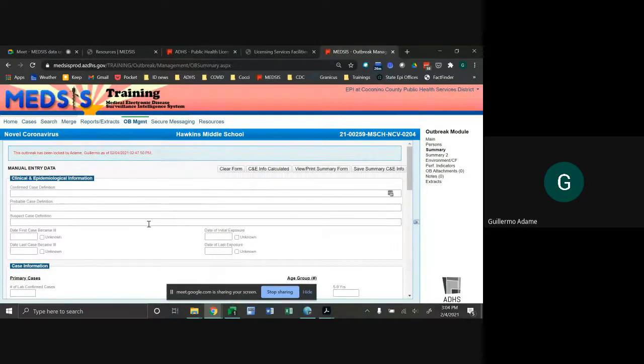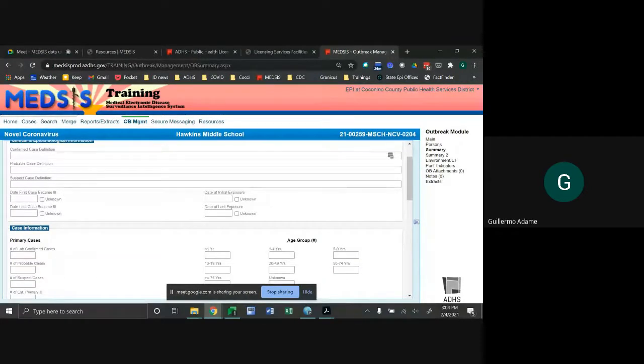And if you choose to do that, then you'd have to enter the Outbreak case definitions up here. If the number of confirmed or probable cases linked to the Outbreak entry does not match the number of cases for that classification indicated in the summary page, the page that we're in here, because of the specific Outbreak case definitions being used, indicate the Outbreak case definitions in the summary page, again, up here, to please explain that variation.